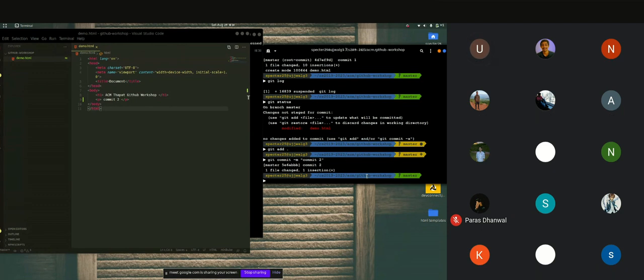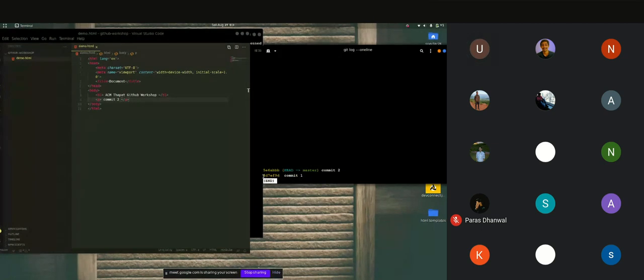Okay. So now I told you that Git stores versions of our code. So now if this was not the correct thing that I wanted to do, and I wanted to go back to the previous version of the code which did not contain this line, I will do it using git log. So first I need to know which commit I want to go to. So git log and we add dash dash oneline so that we don't get a very big log, only the SHA characters and the name of the commit.